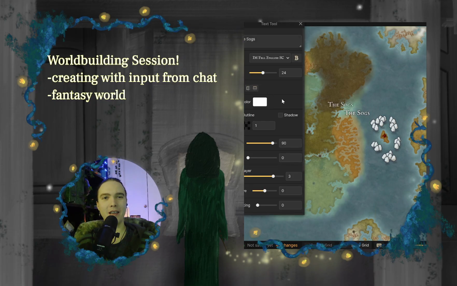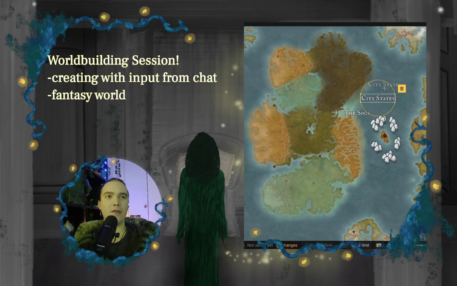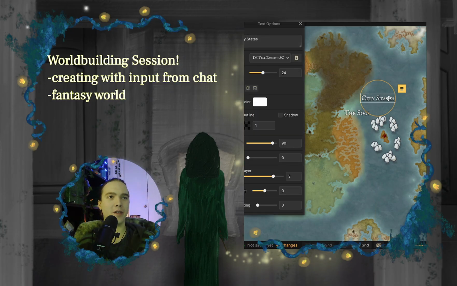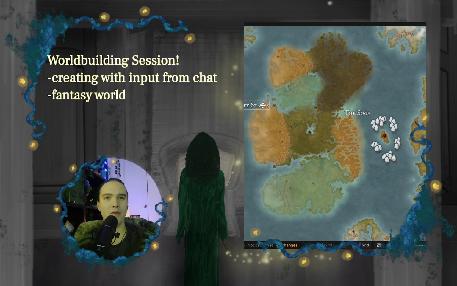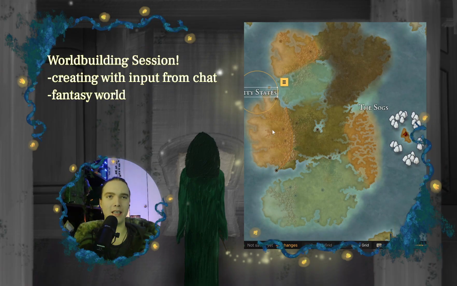I'm gonna put another one. Okay, we're gonna call this City States. It's gonna need a different name, but for right now, we're just gonna drag this over here to this section, because I think these little mountain divots over here would lend themselves nicely to a series of city-states.